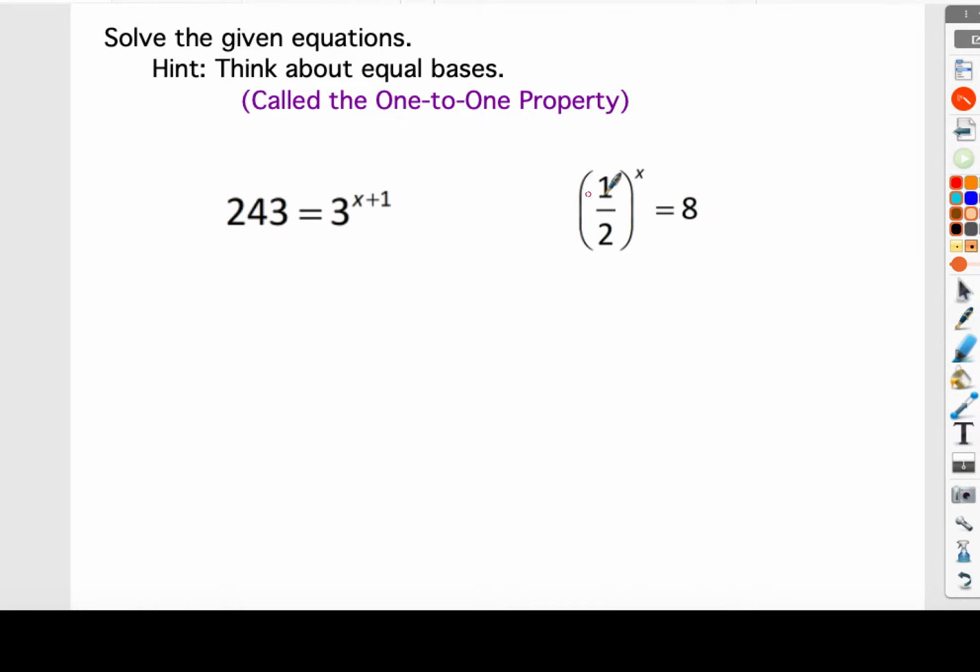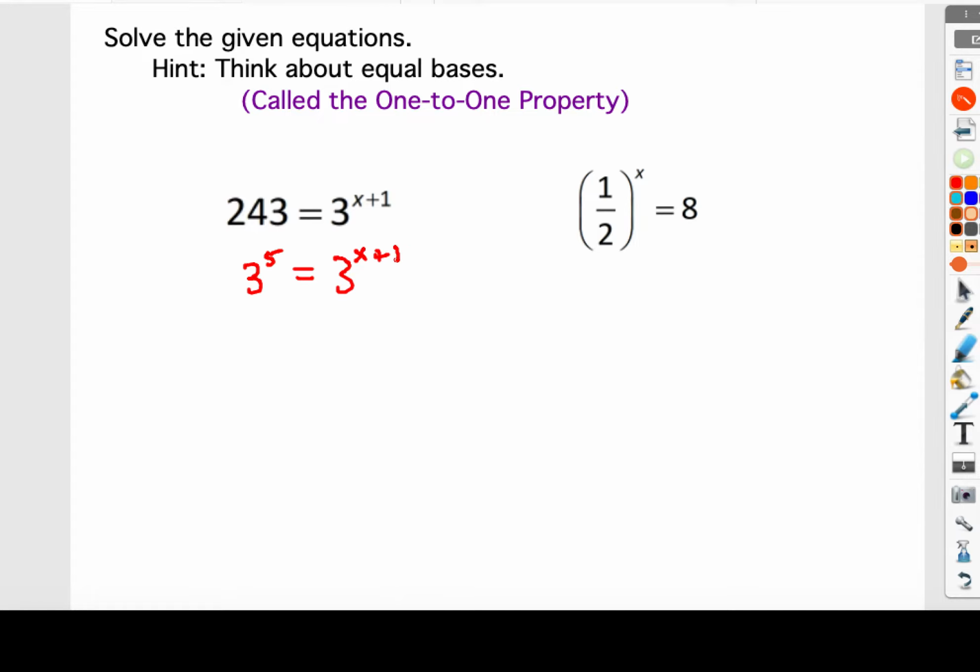So looking at our functions down below here, 243 is equal to 3 to a power. Well, the one thing that I know about 243 is that it is 3 to the 5th. You can feel free to double check that on your calculator. But if I swap out 243 for 3 to the 5th power, what that gives me is an easy way